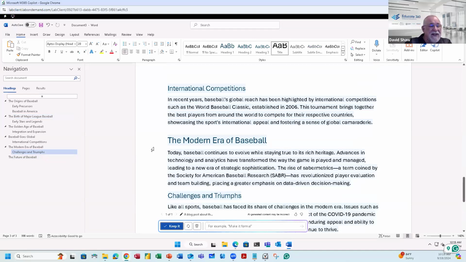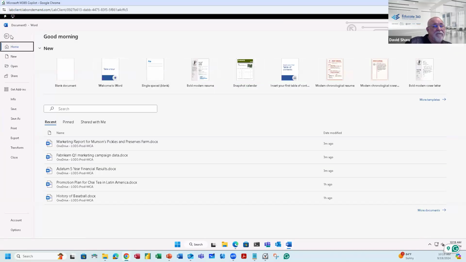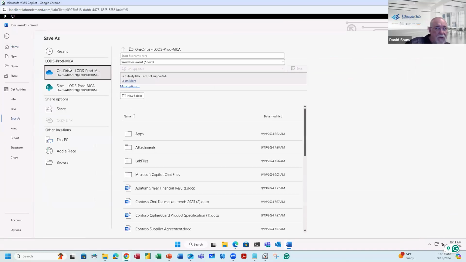And all I have to do is now save this document, which, by the way, is exactly what I'm going to do. I'm going to go ahead and save this document. I got content in a Word document. I'm going to save it on OneDrive. Call this one a blog post. I'm going to save it